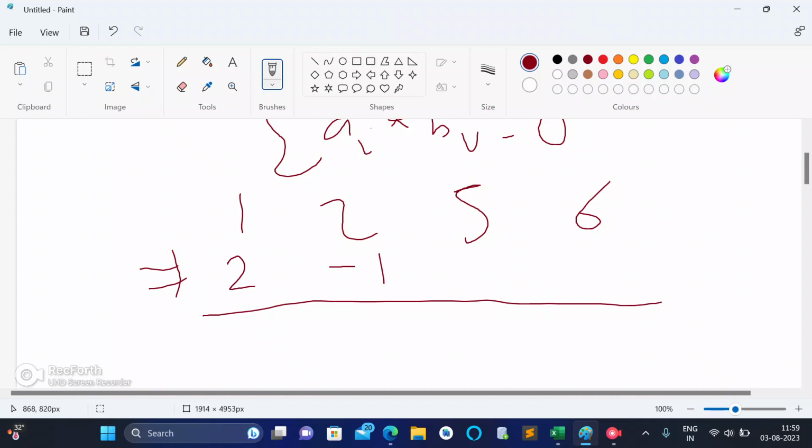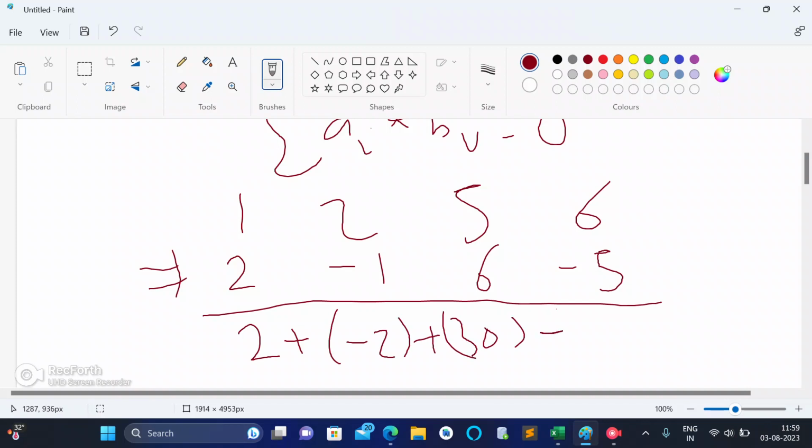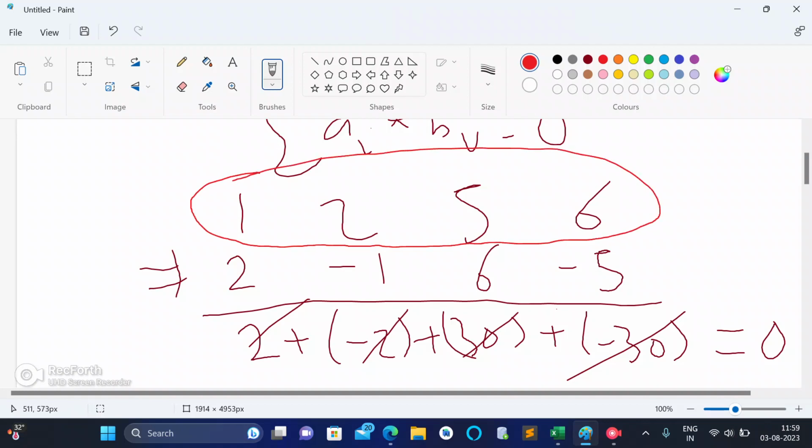Let's say we put 2, -1, 6, -5. Then 1 into 2 is 2, plus 2 into -1 is -2, plus 5 into 6 is 30, plus 6 into -5 is -30. The answer comes out to be 0: 30 cancels -30, and 2 cancels -2. So this array B is one of the valid answers.